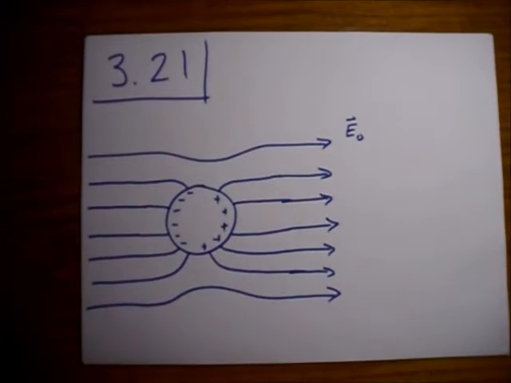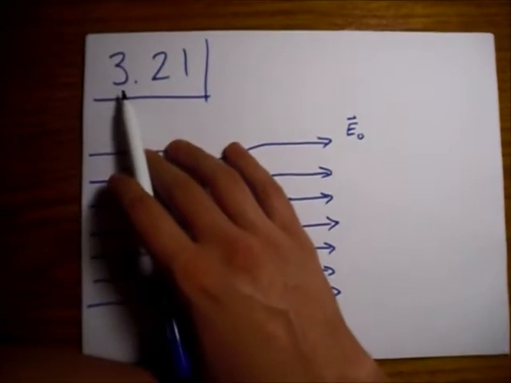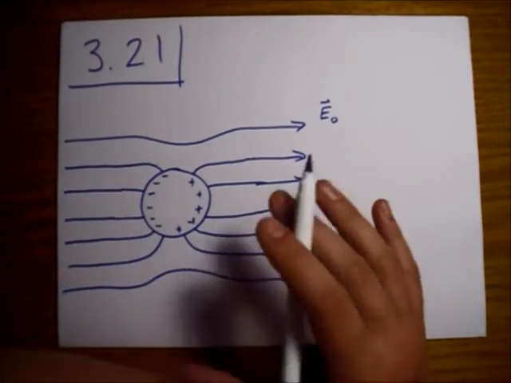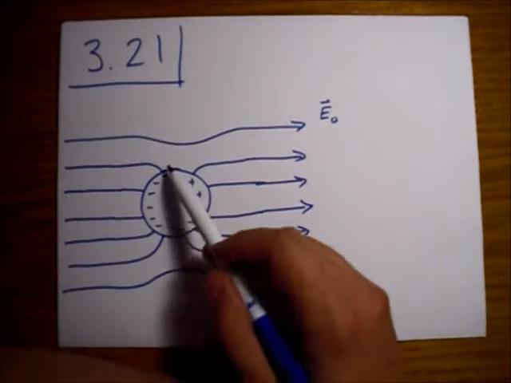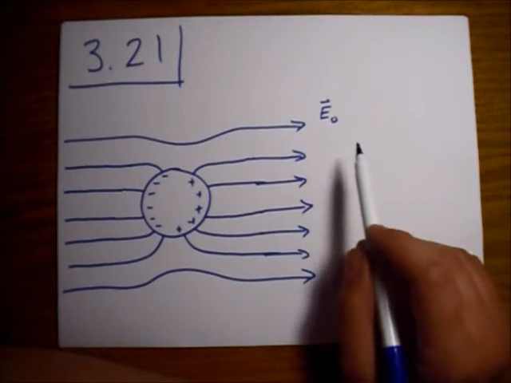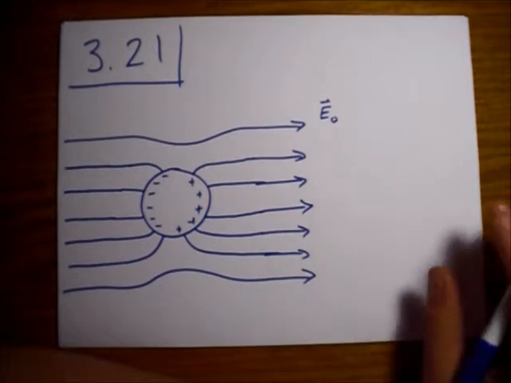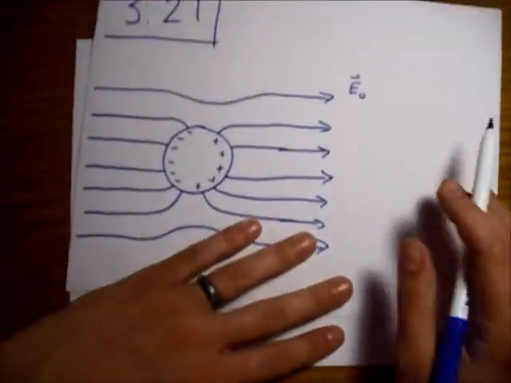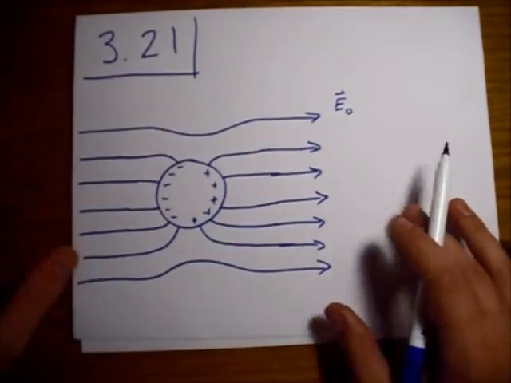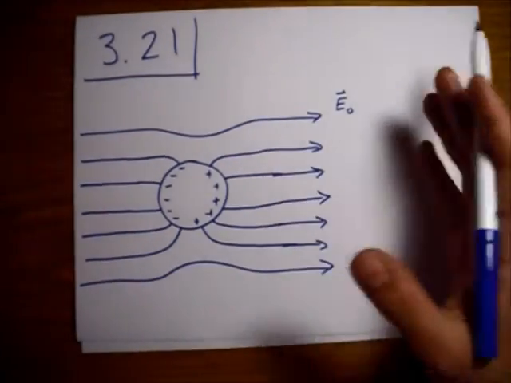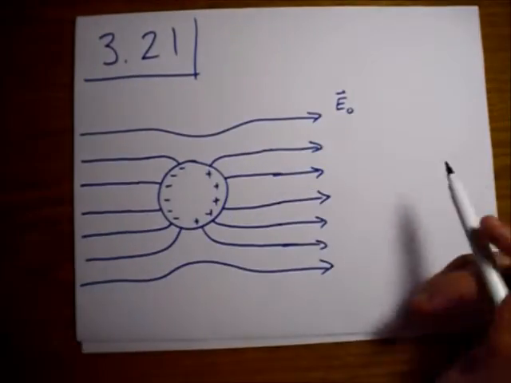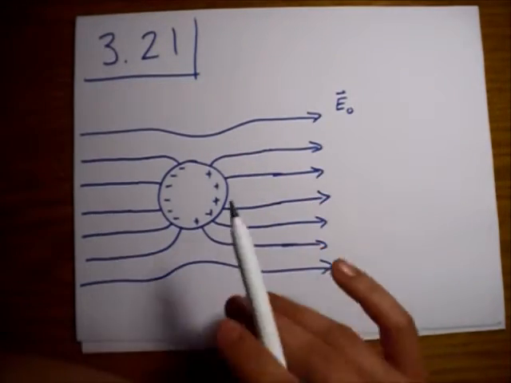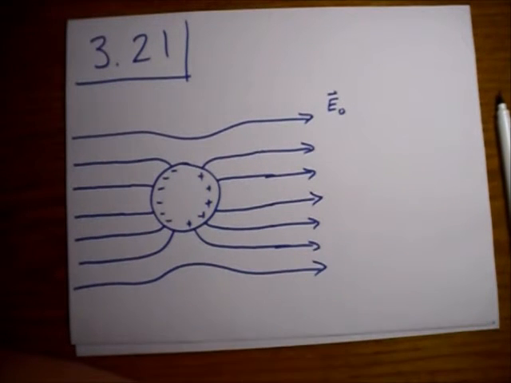Alright, so this is Griffiths Electrodynamics problem 3.21. We are looking at a conducting sphere placed in a uniform electric field. Out at infinity we get a uniform field, and everywhere far out the field is uniform, but here at the sphere it gets distorted nearby the sphere, and so the